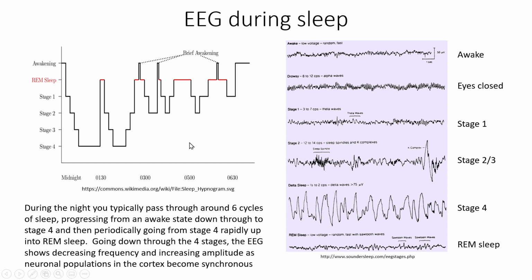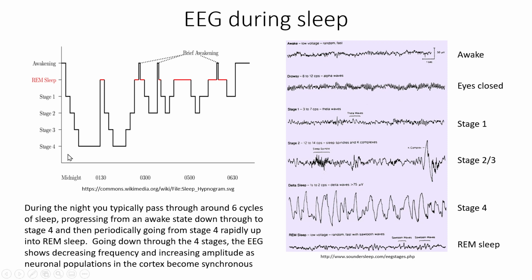So a hypnogram is a graph of sleep stages, and this can be derived in a sleep lab, which is present in many hospitals around the country. Sleep has a number of stages. Obviously up here we've got the awake subject, and then on the hypnogram it is represented by successively deeper stages, going down to stage 1, stage 2, stage 3 and stage 4. And stage 4 sleep is the deepest stage of non-REM sleep.